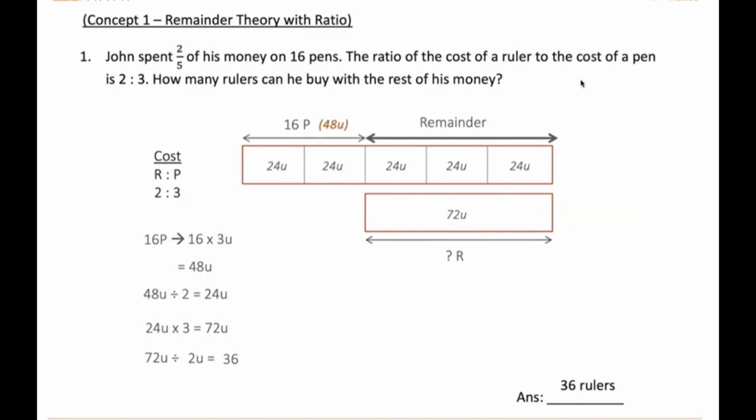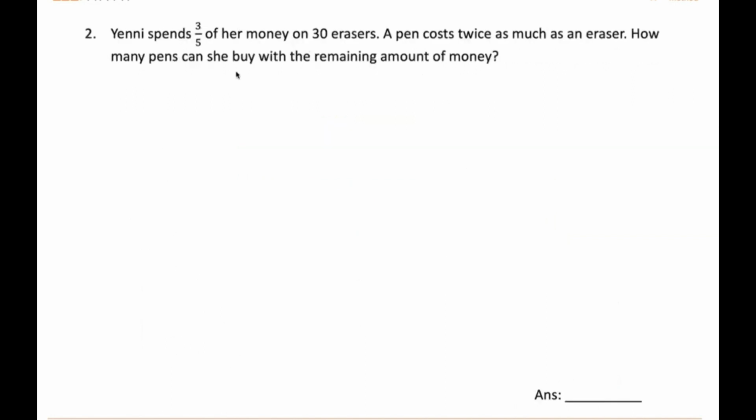This is the basic approach. Now let's look at question number 2, everybody. Okay, let me explain. So Yenny spends 3/5 of her money on 30 erasers. Again, the money is divided into 5 parts. 3 parts were used to